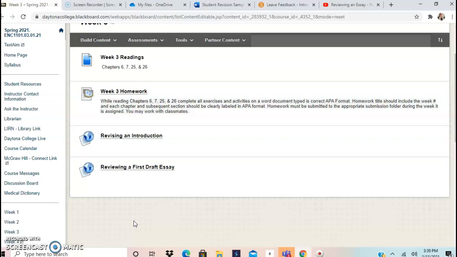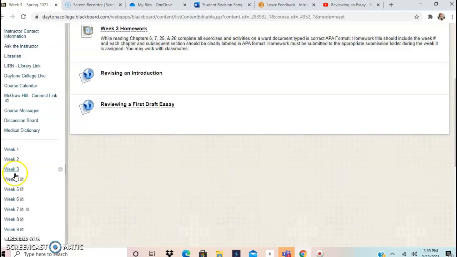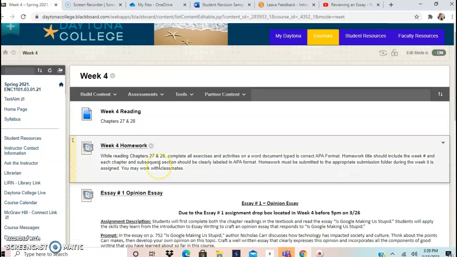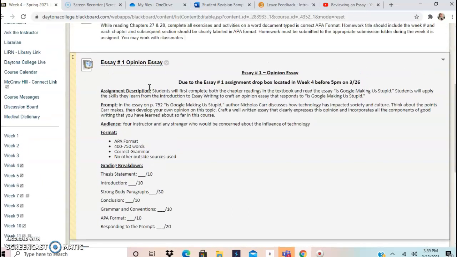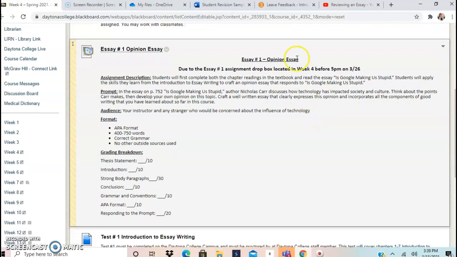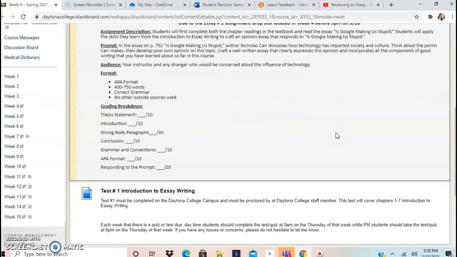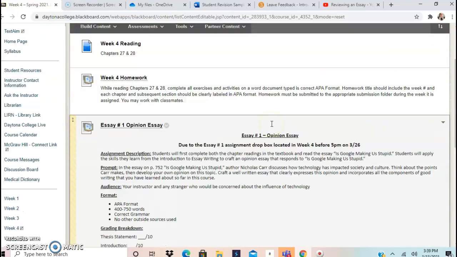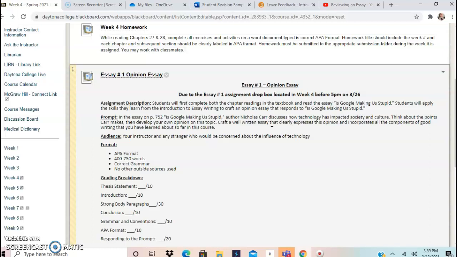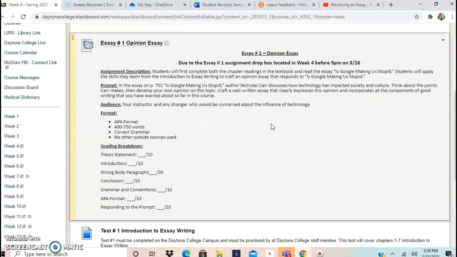I invite you to apply these to your "Is Google Making Us Stupid" essay. I'm going to click ahead and look at week 4, where opinion essay 1 is due, and this should be submitted to the Dropbox by 5 p.m. next week. You guys don't have access to this yet, but remember, you are to be starting that opinion essay, "Is Google Making Us Stupid,"